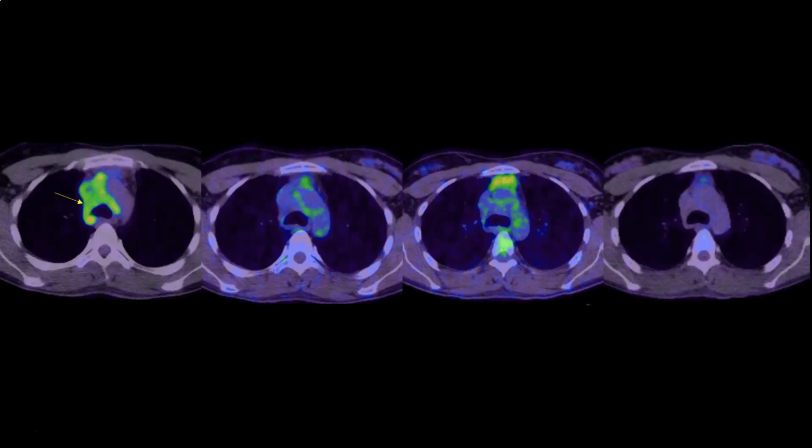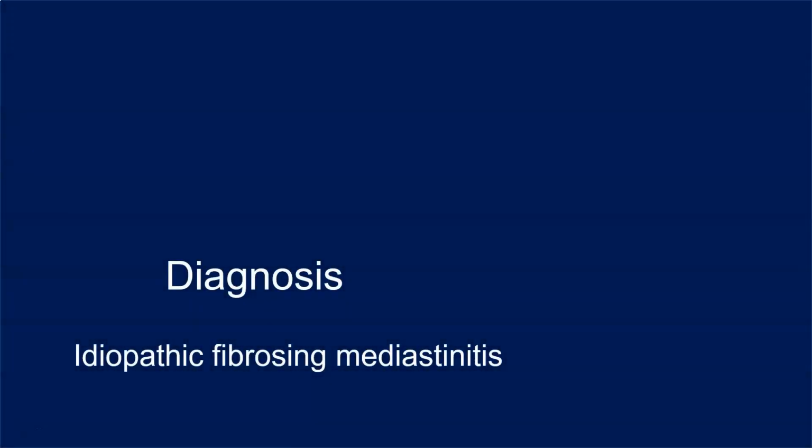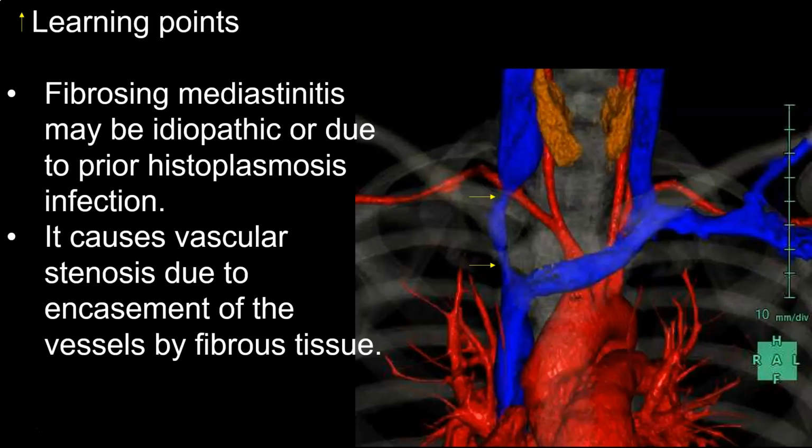So looking at the timeline at a glance, this is uptake at the initial diagnosis, good response to treatment, thymic rebound, disappearance of the thymic rebound. The diagnosis is idiopathic fibrosing mediastinitis, and the learning points are